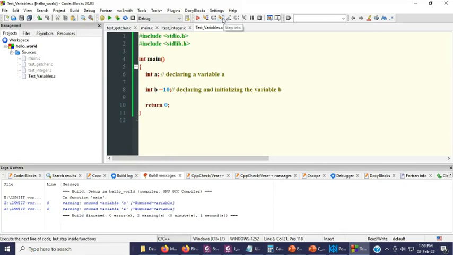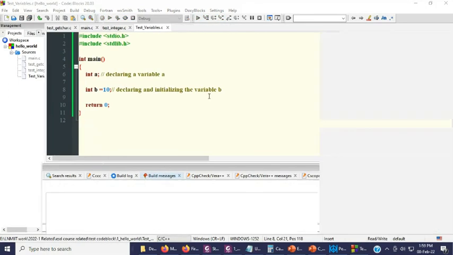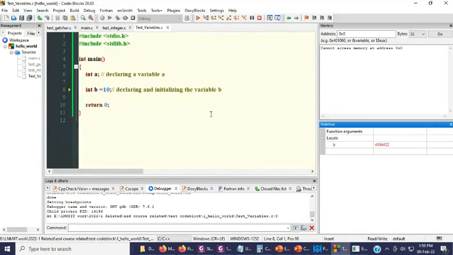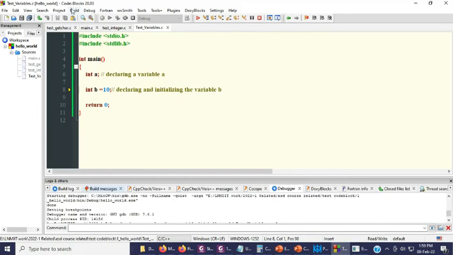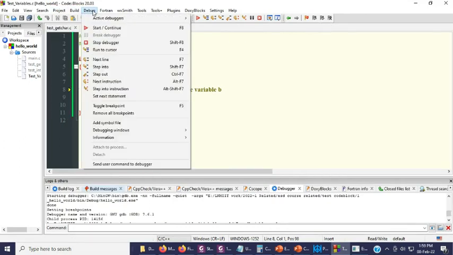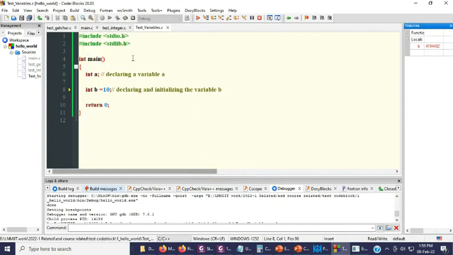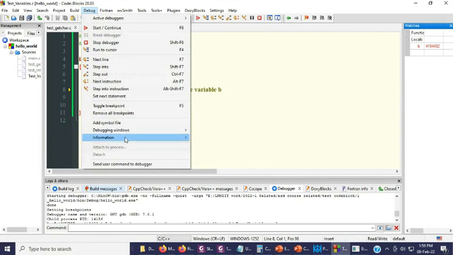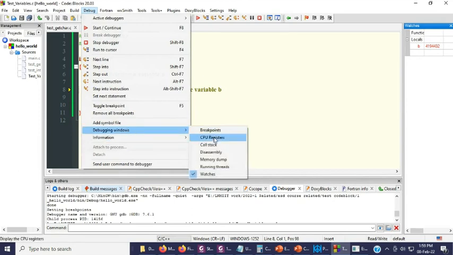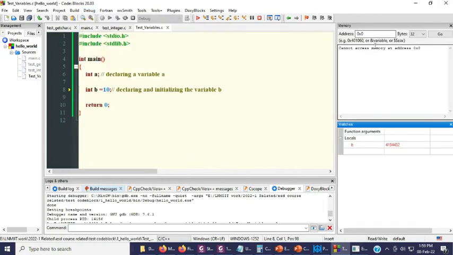I always told you to use step-by-step debugging. So I believe most of you are familiar with these windows: watch window, memory window. If you are not, then let me just show you. While debugging, you can go to debug windows, use watches, then debug windows, and disassembly, memory. Okay, I'm going for the memory. So these two are there.